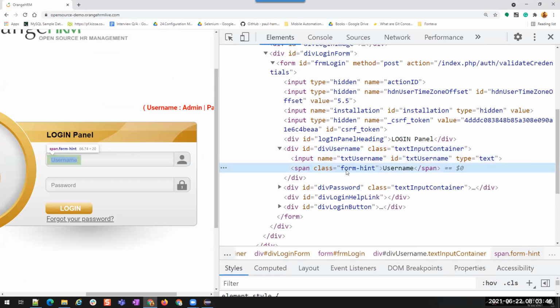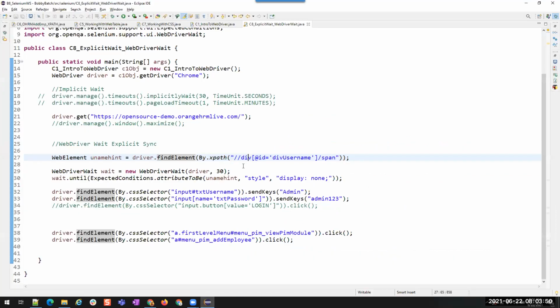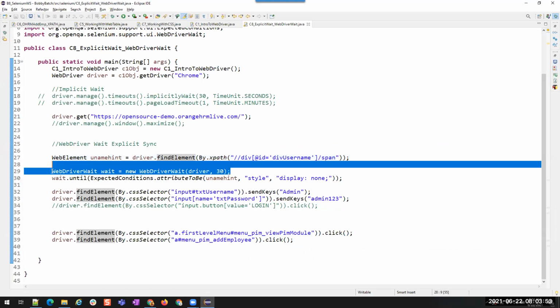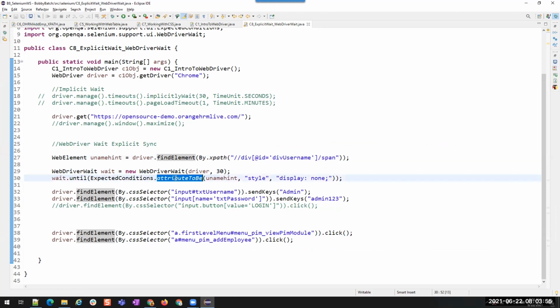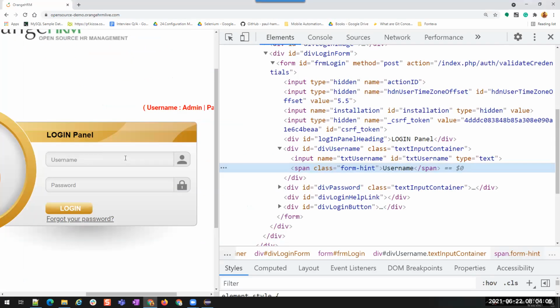Okay. But I am applying a condition over here for this element whose attribute style is to be changed to display colon none. When is this happening? When we click on this, right? When we click on this, then only it is happening. Until then, the style is not going to change, or the style attribute is not going to appear here, right? Agree? So the same thing.